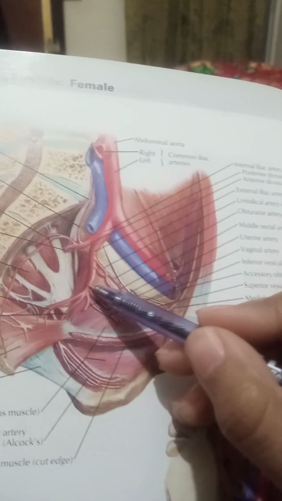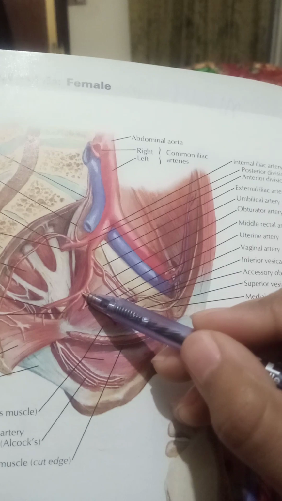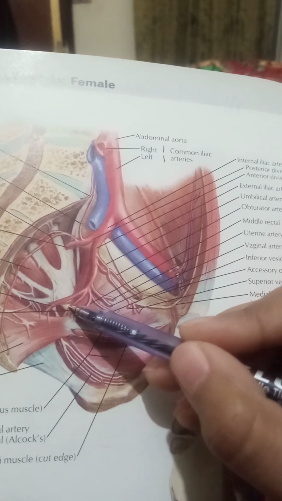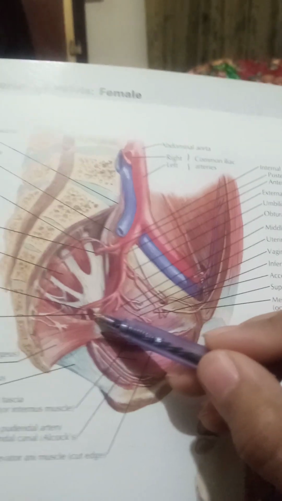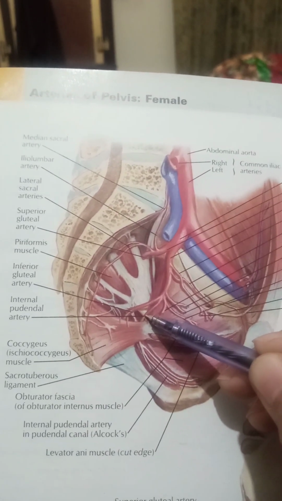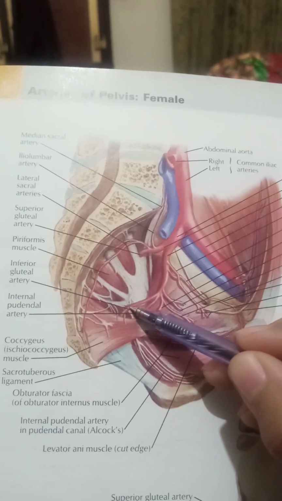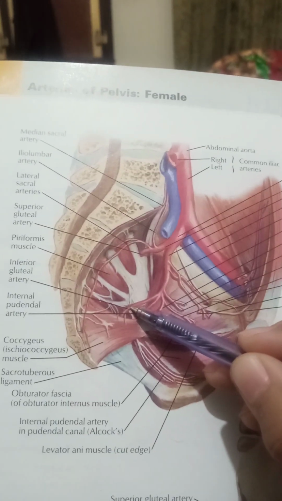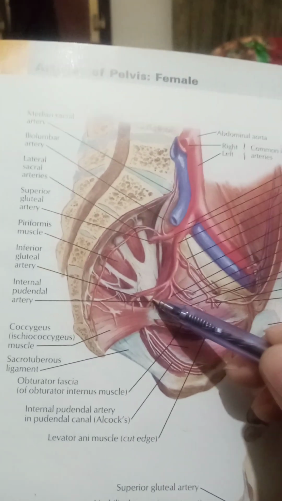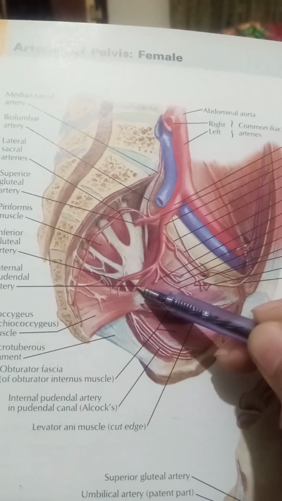Then anterior division of the internal iliac artery finally divides into its two terminal branches. First terminal branch is internal pudendal artery and the second one is the inferior gluteal artery. Inferior gluteal artery is the largest terminal branch of the internal iliac artery. Internal pudendal artery then gives rise to the